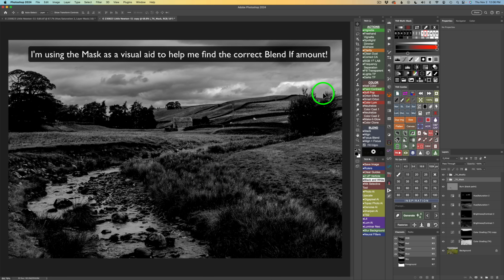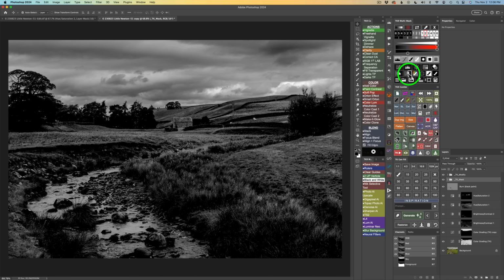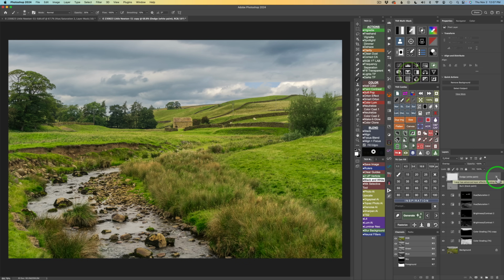But instead of using it as a mask, right now I could output it to a dodge tool if I wanted to. But here's a little tip. If you hold your shift key down, what I want to do this time, I'm just going to use the right side of the dodge tool for the transparent pixel layer. So hold your shift key down on Mac or PC and click right here. That gives you lights 2 on the layer utilizing blend if. I won't be dodging through a selection, but blend if will be protecting me and targeting just the light areas